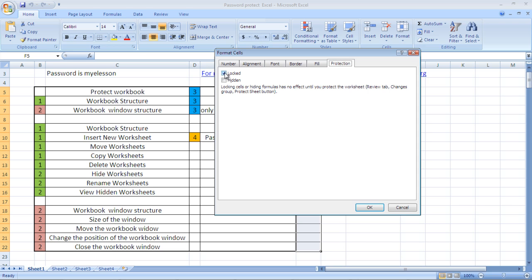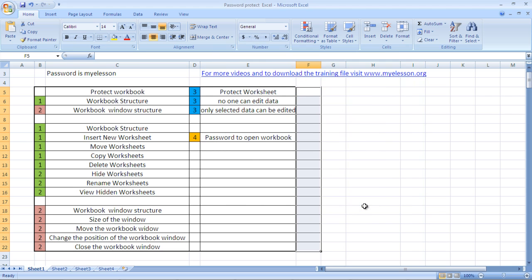Now, just for your knowledge, every cell is automatically locked in Excel. Now, to make them editable, you have to actually unlock them. Now, I selected the range which I wanted to make editable. So then I clicked here, and when the dialog box opened, I chose protection and I unchecked the locked option. Now this range is editable. See,